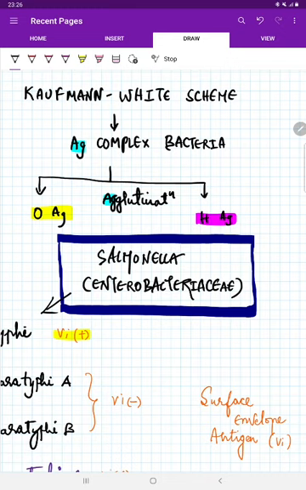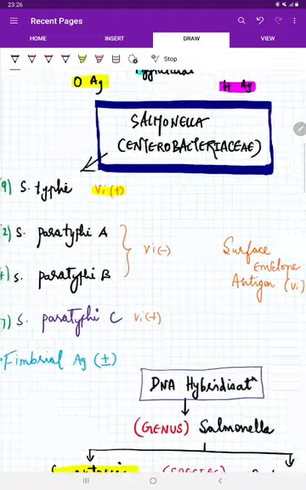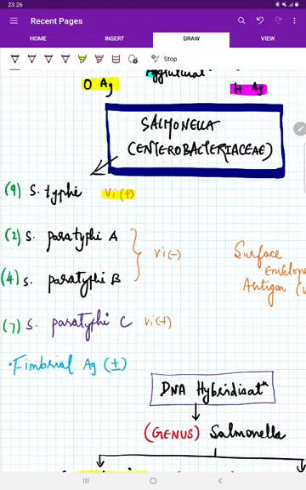The moment you remember Salmonella antigen, you have to know it is a complex antigen. Now, to remember the complex antigen and the different types of Salmonella species and subspecies, we must know the classification of Salmonella. At the outset, there is a scheme called the Kaufmann-White scheme, which classifies Salmonella based upon the O and H antigen by agglutination reaction. Apart from all the species present, we need to concentrate on Salmonella typhi and Salmonella paratyphi A, B, C.